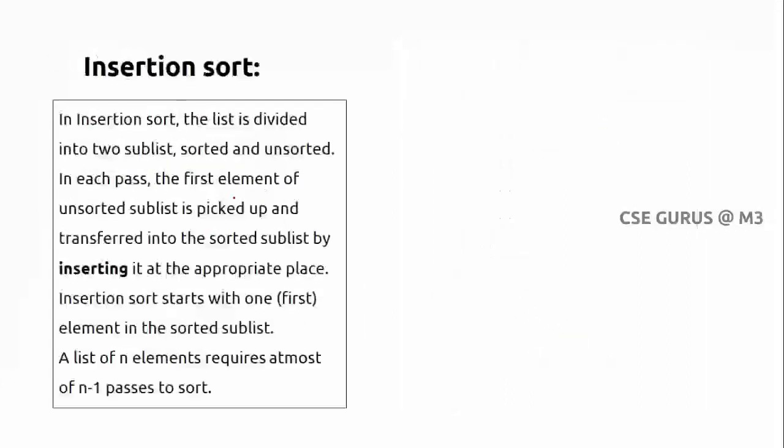In the name itself you can see insertion sort. So the list is divided into two sublists, of course sorted and unsorted. Here also you can see an element is picked up from the unsorted sublist and transferred into the sorted sublist by inserting it at the appropriate place. Simply, insertion sort is like this: an element, what is its position in a list, so there it will be inserted directly. Many examples you can take, like a pack of cards when you want to arrange